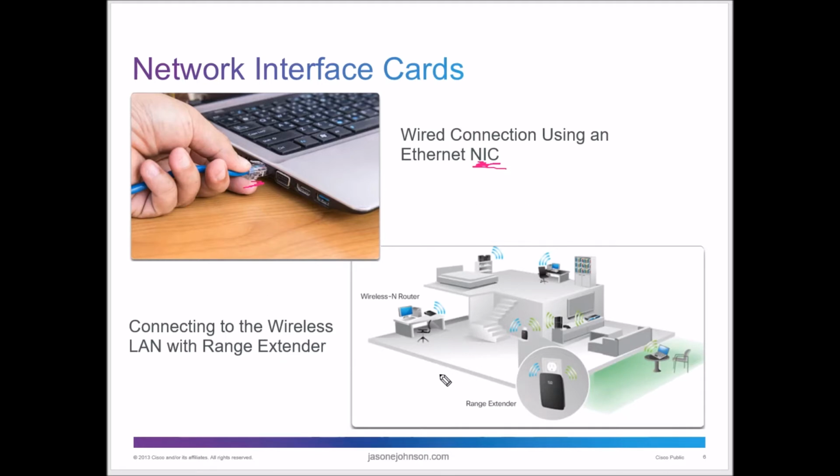And then you can also have different types of connections for wireless devices, and you can do Wi-Fi range extenders. These aren't that popular. There's not a lot of these out there. This is the wireless N router, and that is what we saw in the previous slide. And then you can do extenders in your house.